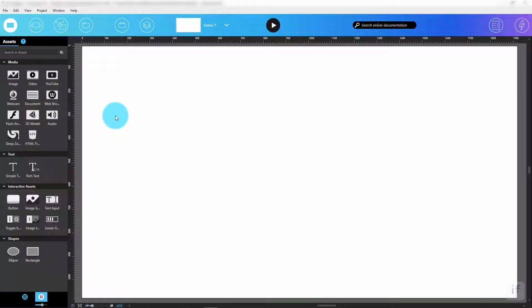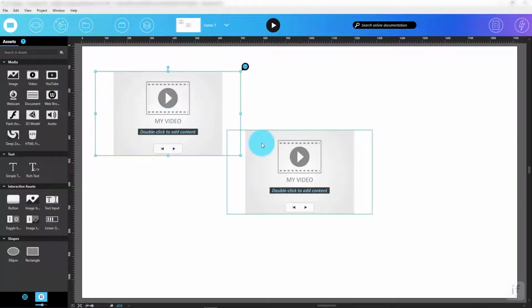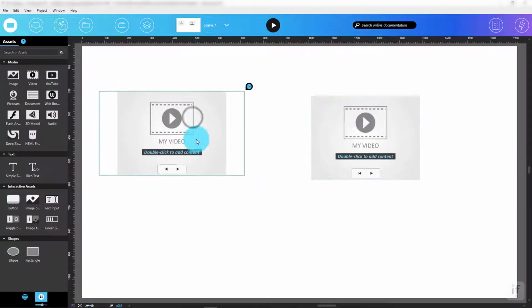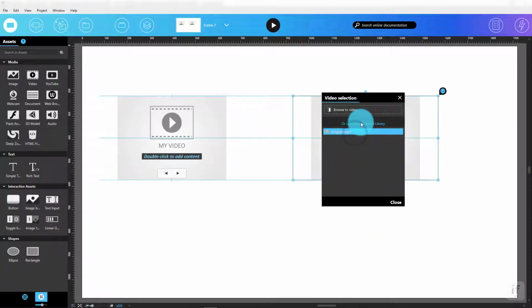The first option is to add an empty asset container into the scene and then assign content. We start by clicking an asset in the Assets panel, like the video asset. Note how this selection results in the creation of an empty video asset container within the scene. Instead, I could have also dragged and dropped the asset from the Assets panel and onto the canvas. By doing that, the container will be placed wherever I drop it.